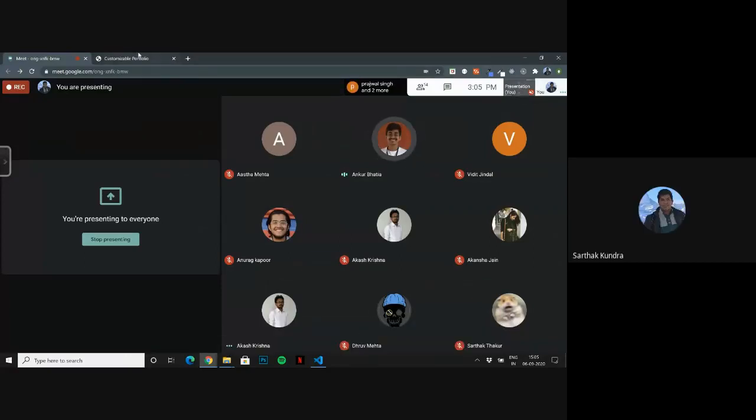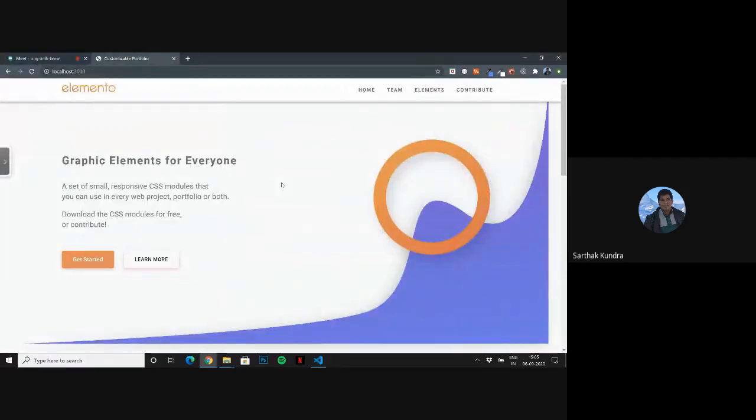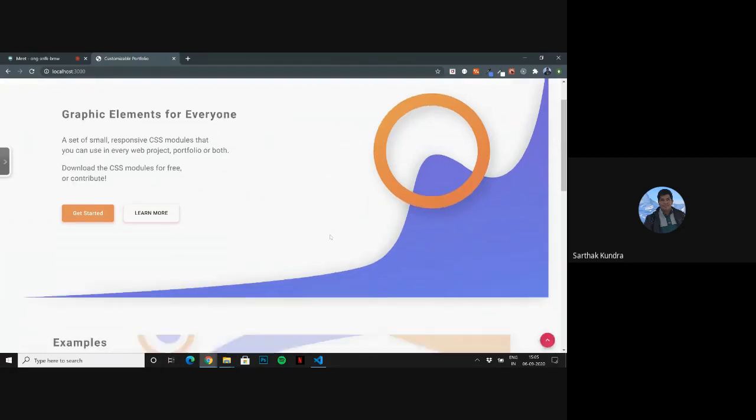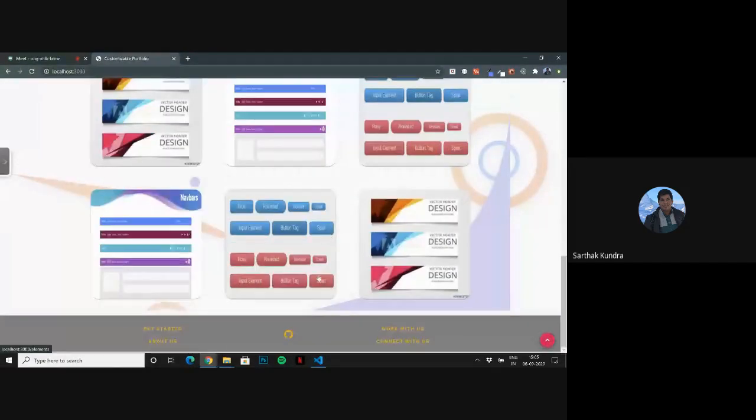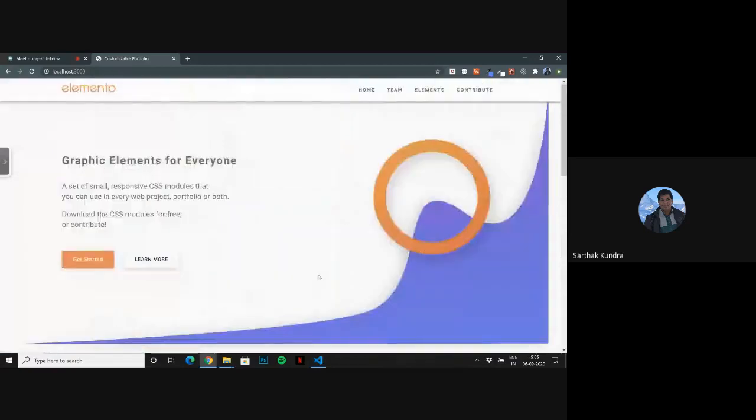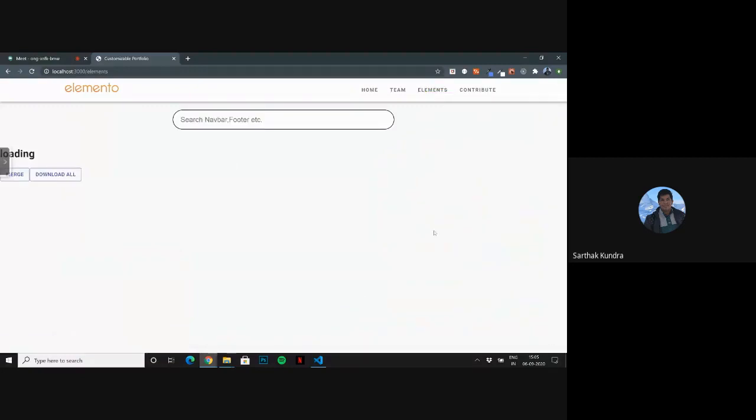Cool. So this is the project. It's currently running on localhost because we are doing some final adjustments and tweaks, like showing the guidelines to the people, before we deploy it. But we have our example section here, which brings in the latest uploaded elements. Going on to the main things, we can go to this elements page. The elements page shows all the elements that have been contributed by people, which you can use to create your own website.